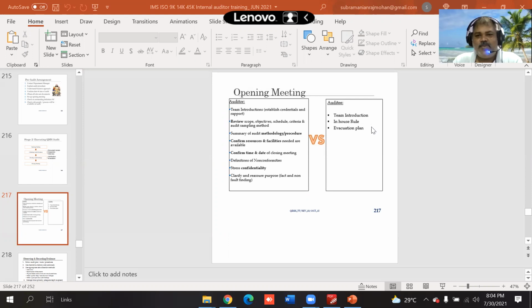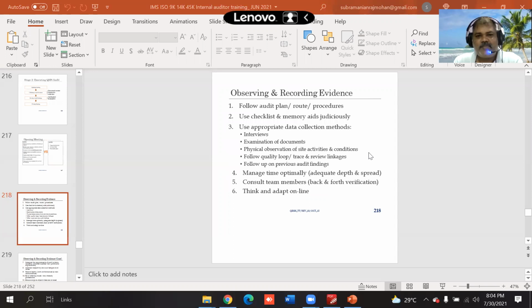Then the auditees do their introduction. They can share the in-house rules and evacuation plan, because visitors may not be aware of them. So you are observing and recording evidence. You follow the audit plan and routine procedures, use checklists and memory aids judiciously, and use appropriate data